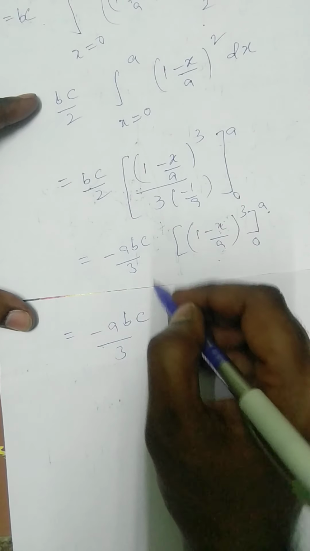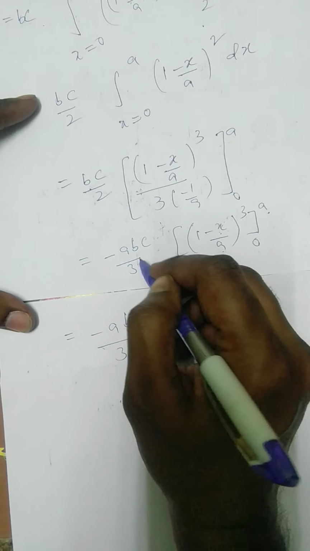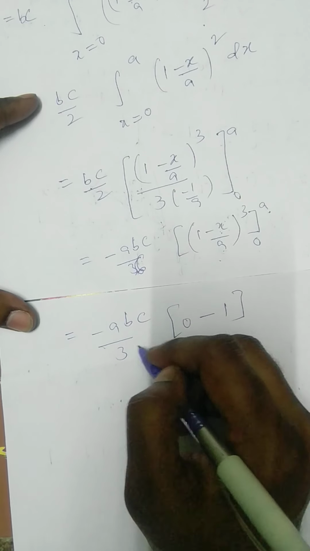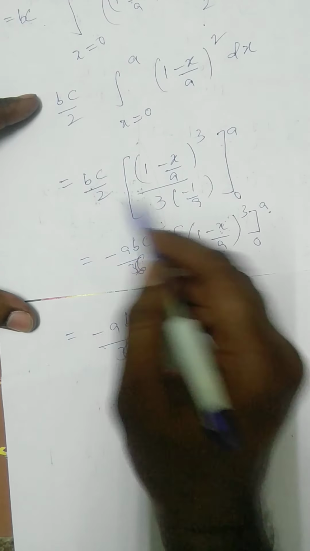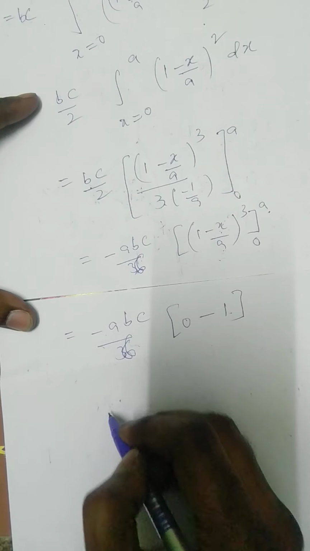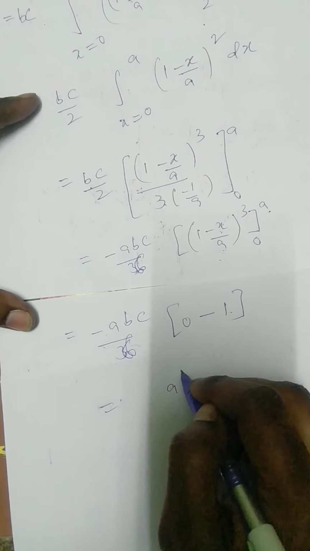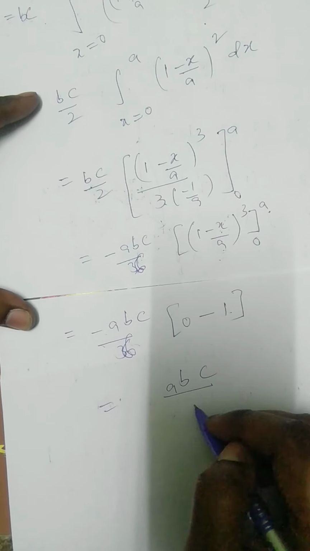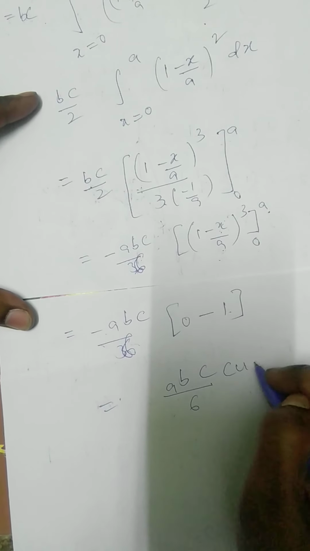Sorry, before we have 2, no? Here we have 2, now 2 into 3 is 6. 0 minus 1 is minus 1. Minus of minus is plus. What is the value? ABC by 6 cubic units